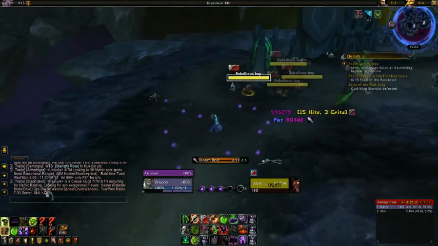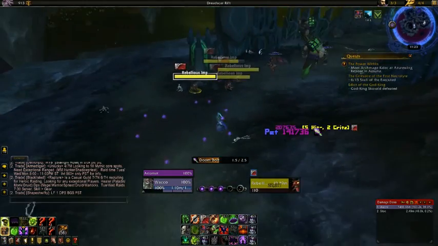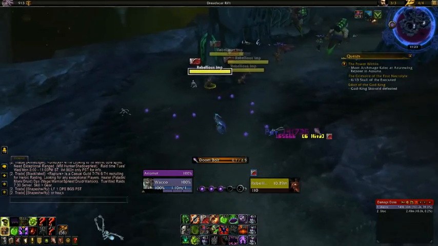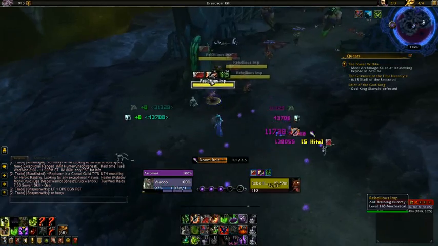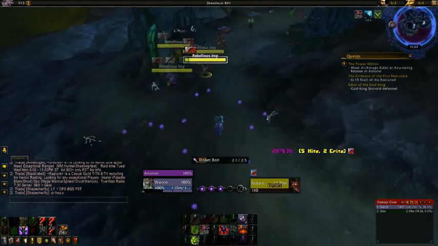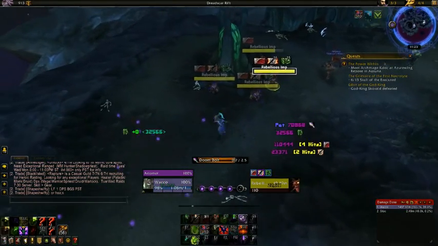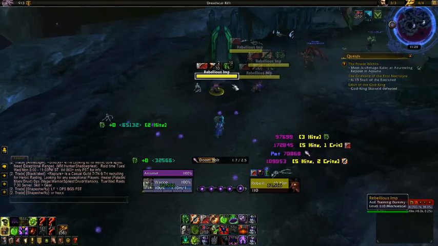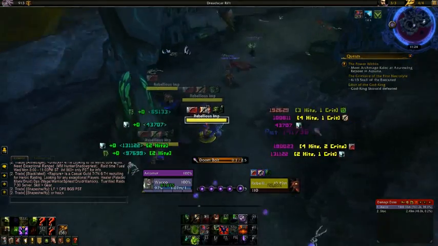Okay, so now I'm going to go over the basic rotation of an Affliction Warlock. Even though Affliction Warlocks don't really have a set rotation, it's basically keep all of your dots up on the target, being Corruption, Agony, and Siphon Life. Keep those up all the time on all of your targets, like so. And that should be your number 1 priority,